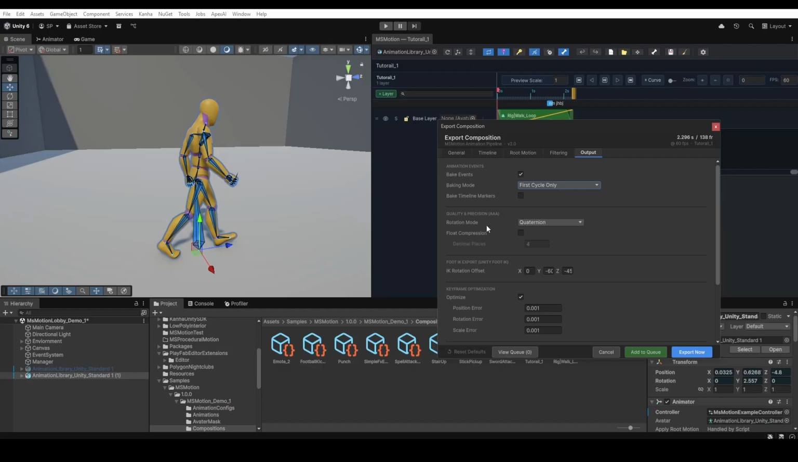And next is rotation mode. For quaternion and Euler, for rotation mode, humanoid animation uses quaternion, but you can use Euler, though we do not recommend it. Use quaternion. And float compression, like you have a float 0.5999, so you can say I do not need 10 numbers after the point or 5 numbers after the point,